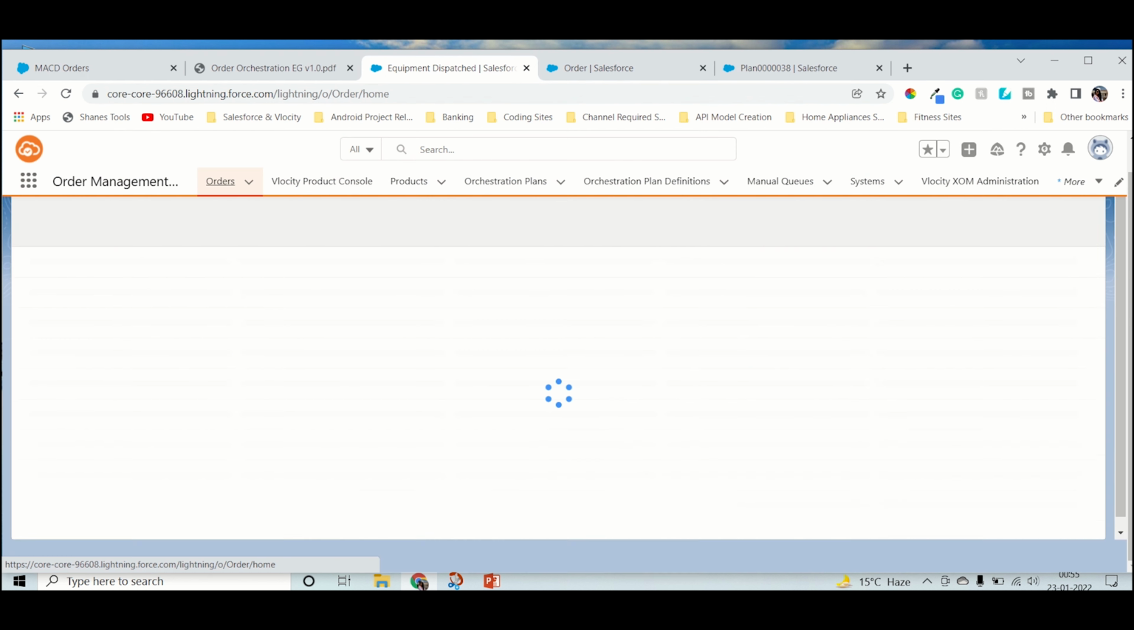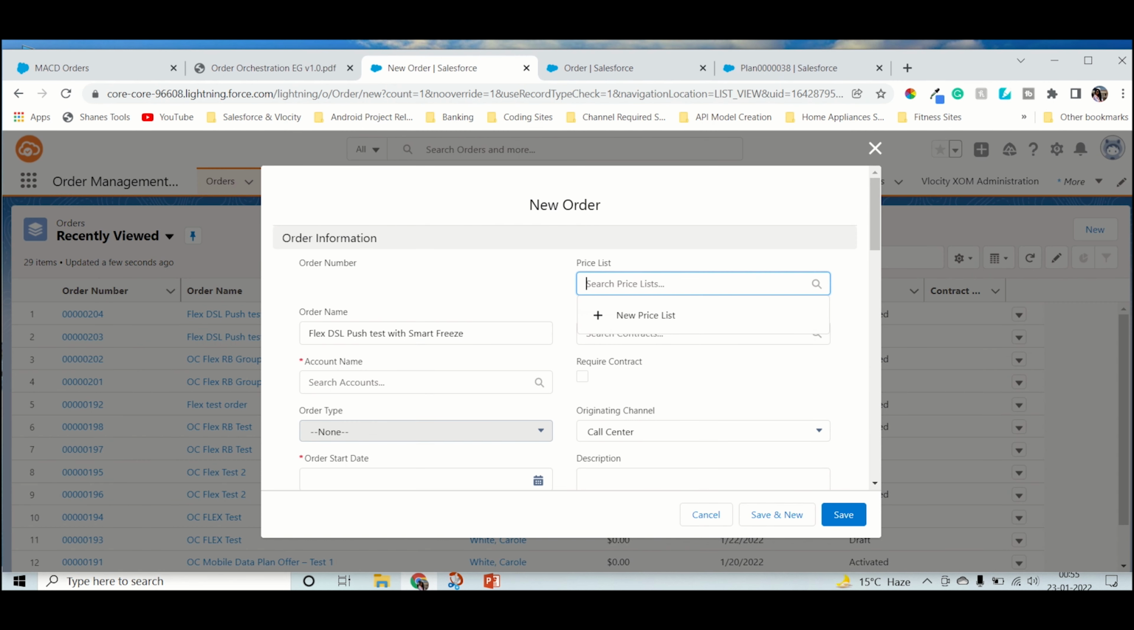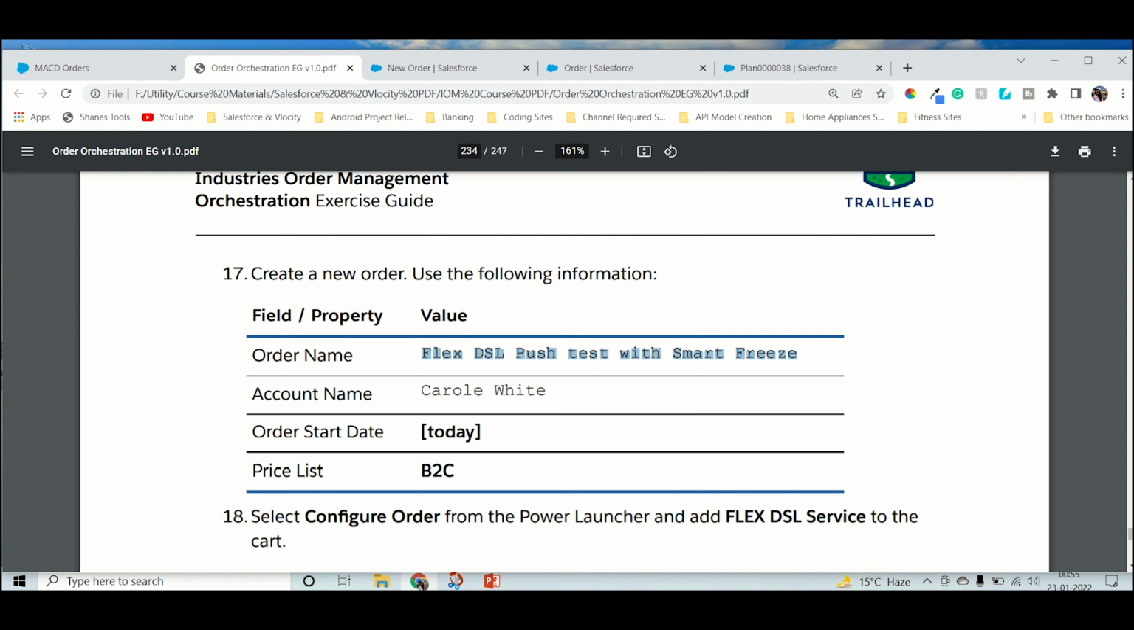Let's just, yeah, it's saved. Now we have to go into order. Now we have to create the order with the other name, with the smart one, and then B2C. Let's add the B2C, and the start date should be today's date, and then we have to keep the same